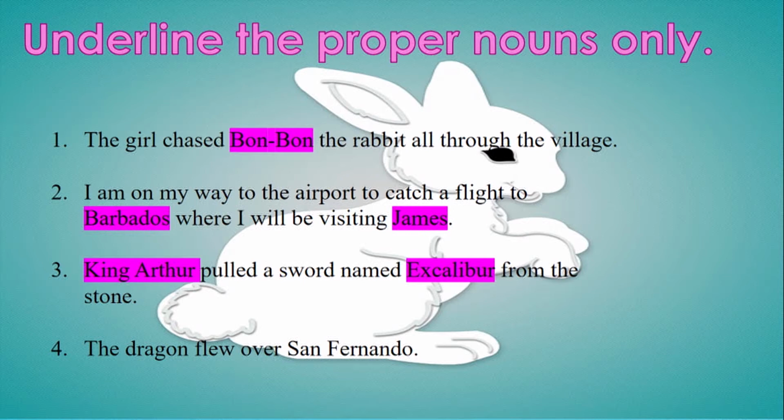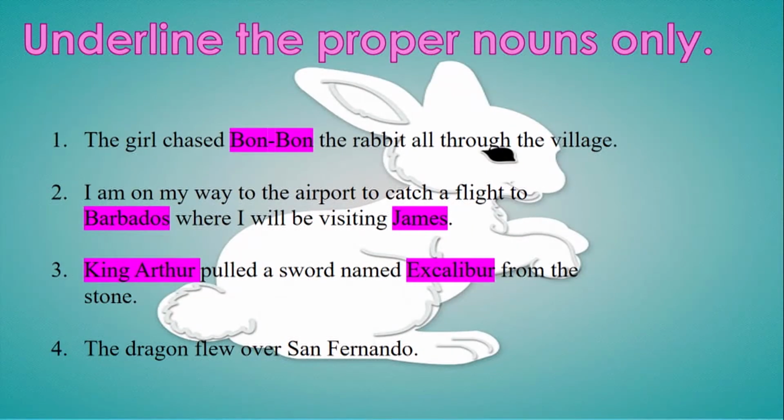There's one particular king, because you may have any number. He pulled a sword named Excalibur. We know that Excalibur is a sword, but this one has a name. So it's one particular thing, from the stone. We knew from before that sword and stone are also nouns, but they are not proper nouns, so they won't be here. And for number four,